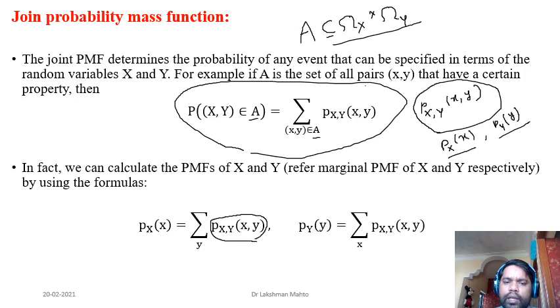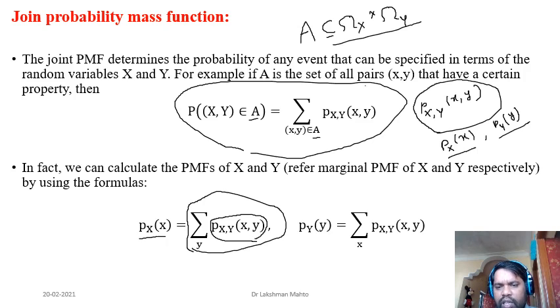Now here, to exhaust y means to take the summation with respect to y. So all the values of y will be eliminated, and the remaining thing would be with respect to x only. That's why if you exhaust y, that means take a summation with respect to y, the remaining thing would be just a function of x. That corresponding probability mass function we call the marginal probability mass function of x.